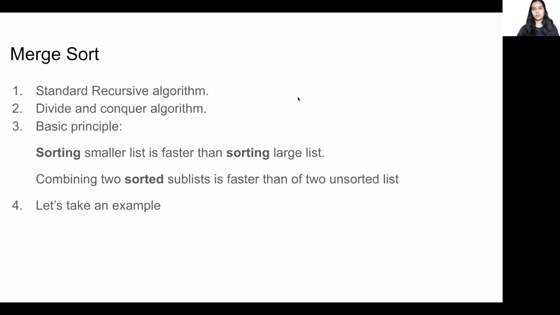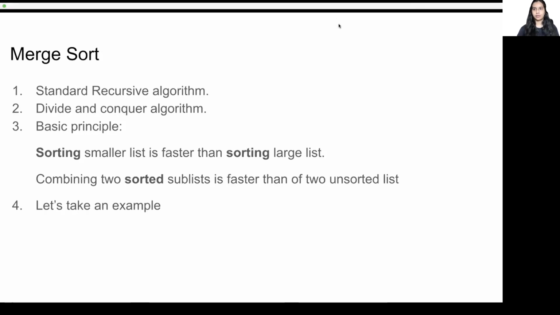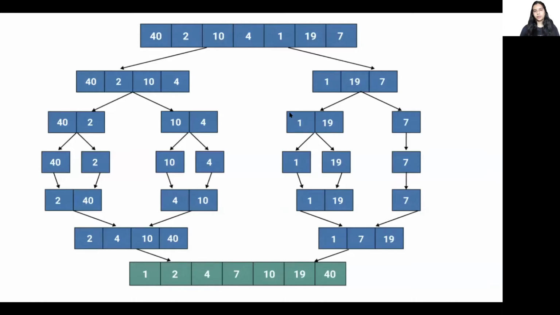I will try to explain this with the help of an example. So let's suppose that we have this list and we want to sort it. Now I'm a computer scientist, so sorting is going to be a real pain. So what I do is I take the first half of this list and I divide it until I get the single element. So as you can see, I have taken the first half of this list, then I have again divided it. I have again divided it until I get the single element.